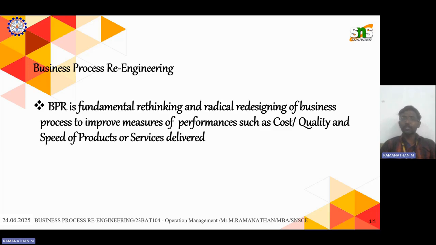These are the primary elements of that particular process. If it comes to process, cost is important, quality is also important, and time. Speed of the product means time: how quickly we are getting that particular product. So with cost, quality, and time as the primary elements, how much we are satisfying that particular customer or consumer, or how we are improving a production process, that matters. That's all